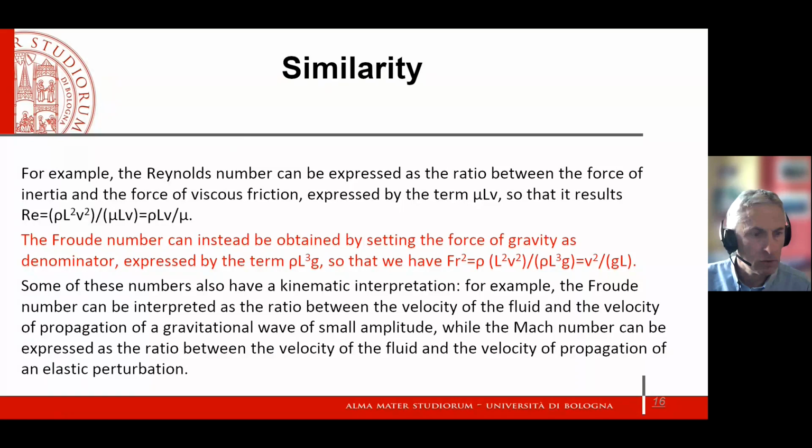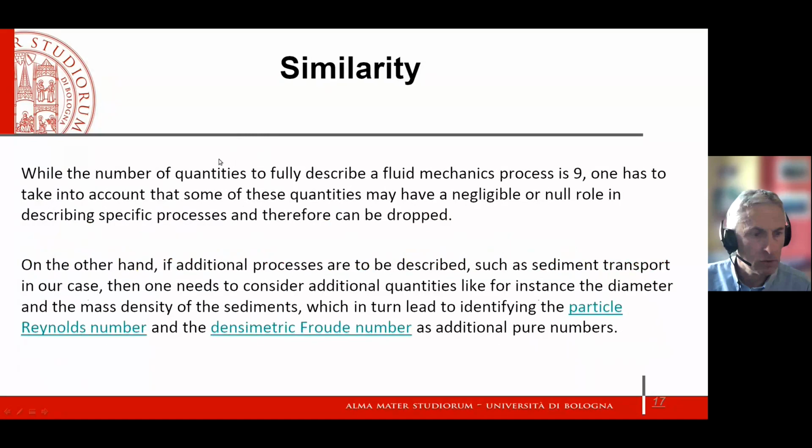This is interesting. Just to give you another example, the Mach number is expressed as the ratio between the velocity of the fluid and the velocity of propagation of an elastic perturbation. So you see that for all of these numbers, you may identify a physical interpretation, and this is useful because it allows you to better understand the process. Okay, now,